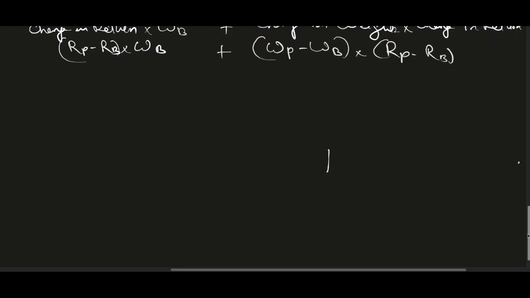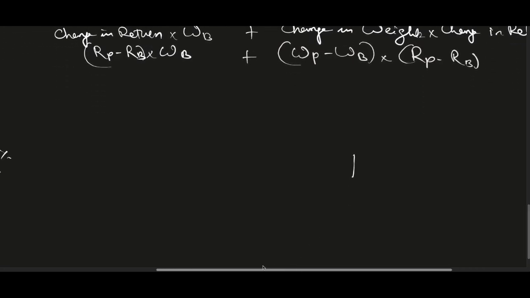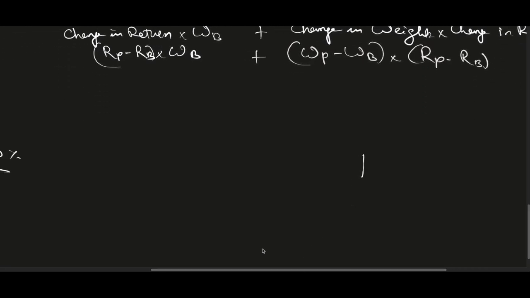So these two only I can club together. How I can club together is, see, I can write this as change in return of the portfolio into weight of the benchmark. This is the summation total, plus